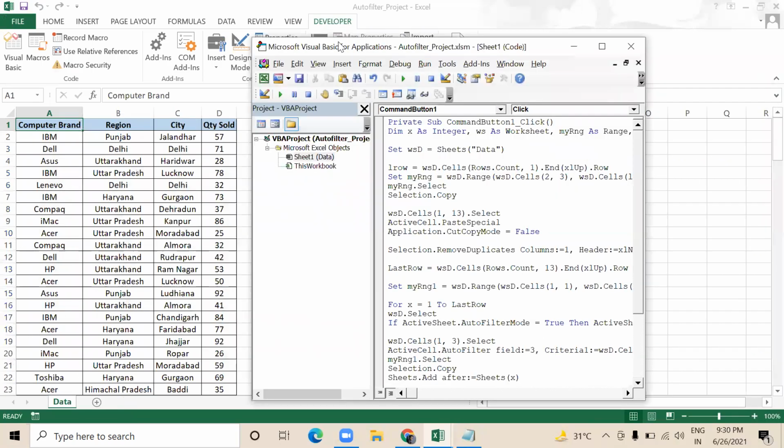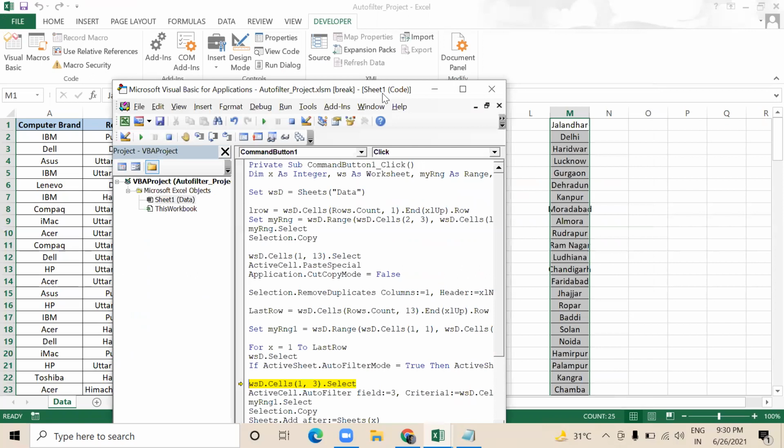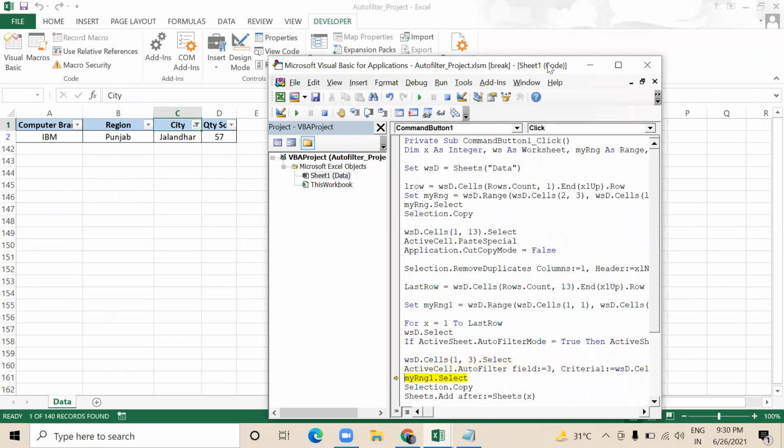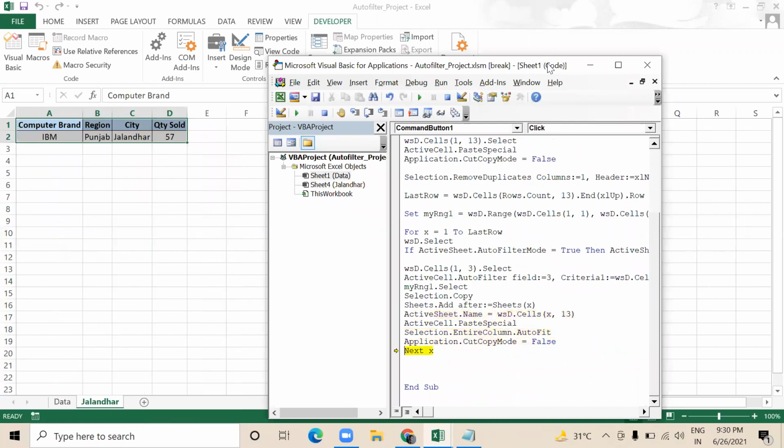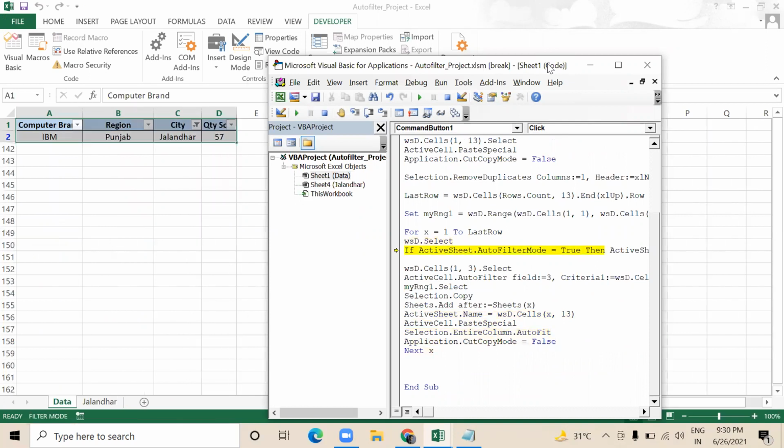I am running it one by one. As you can see, it has pasted the data, and now it has removed the duplicates. Now it will apply the filter on Jalandhar first of all. So it has selected the data and made the Jalandhar sheet. Then it will now apply the filter on